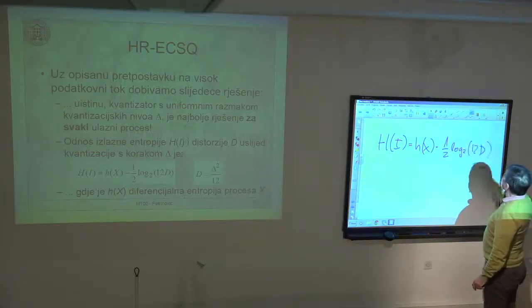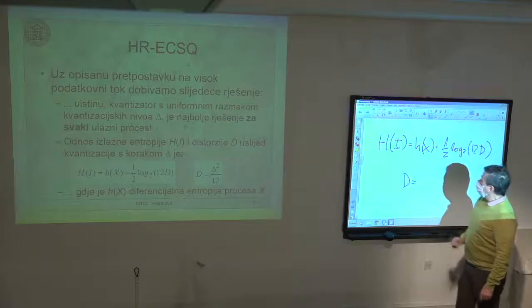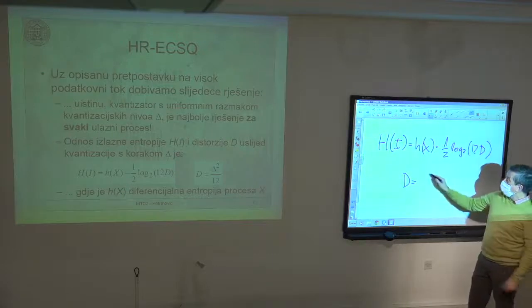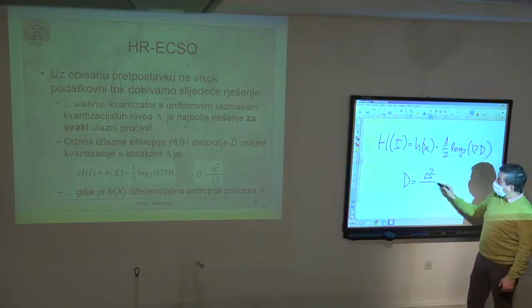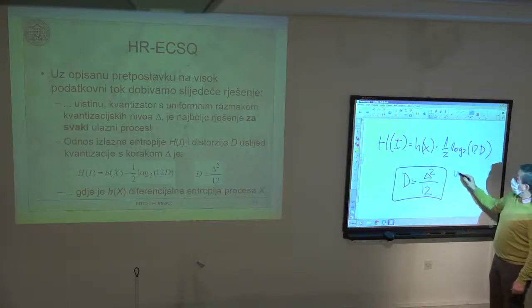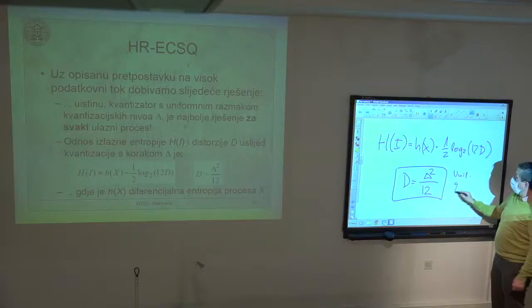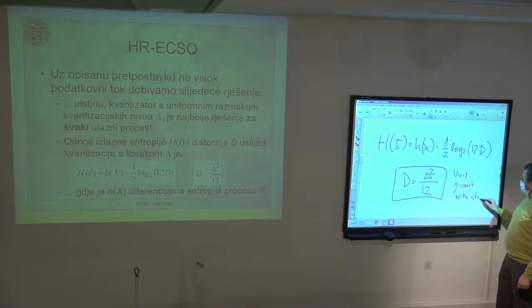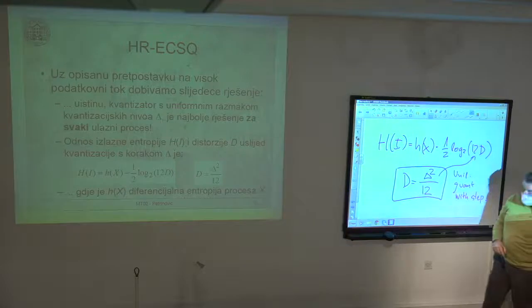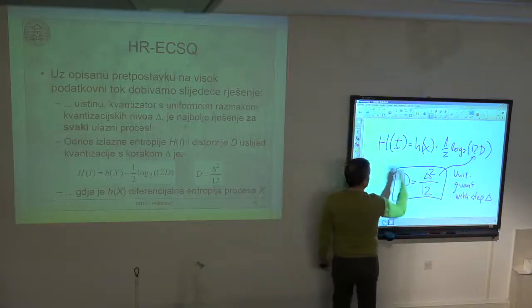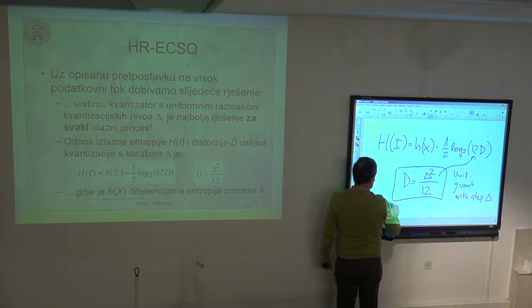12 times d, where this d is, as we know from before, the distortion with a uniform scalar quantizer that has step size of delta. It is simply delta squared over 12. So that is the distortion of the uniform quantizer with step size delta. Okay? I can plug this into this expression, and I get the relationship between the entropy,